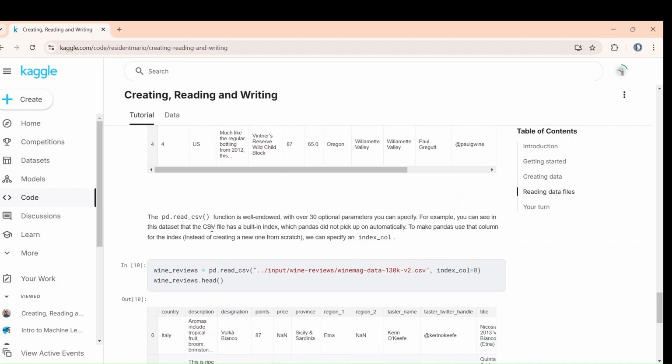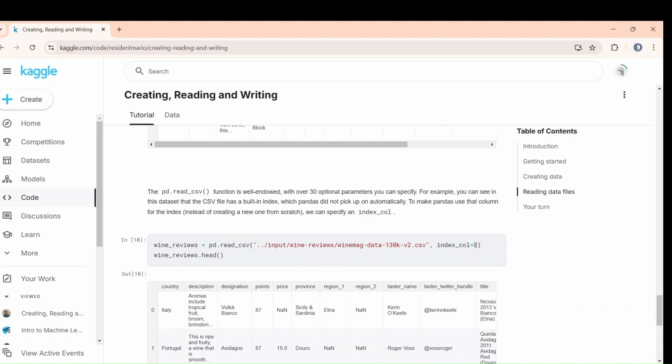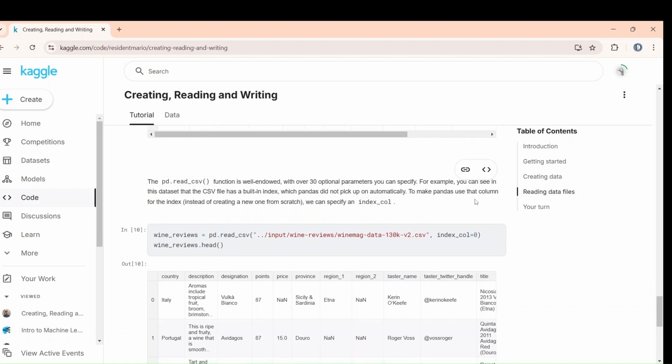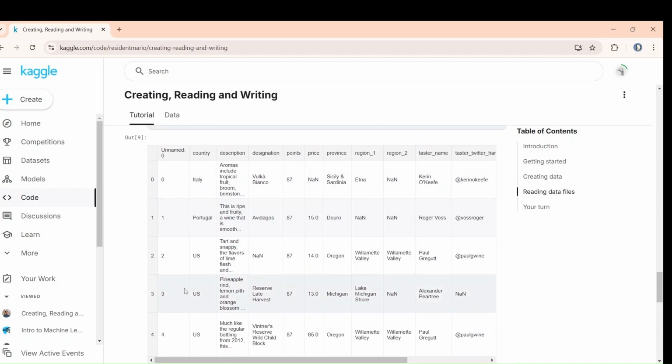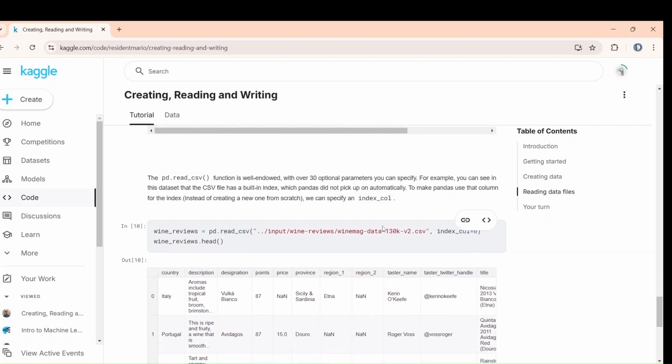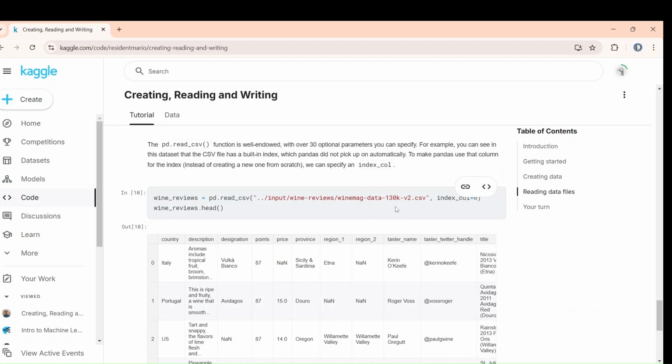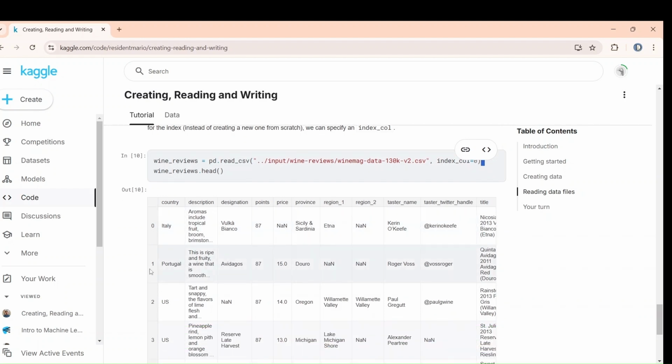Now the pd.read underscore csv function is well endowed with over 30 optional parameters you can specify. For example, you can see in this data set that the csv file has a built-in index, which pandas did not pick up on automatically. So, okay, fine. To make pandas use that column, we can specify an index underscore col. They are saying that it has an index number, but pandas didn't pick that. So what you can do, you can give this parameter index underscore col, and then you set it to 0. So automatically it will start from 0. Okay,